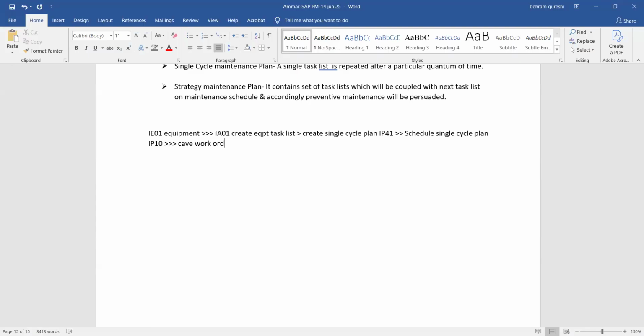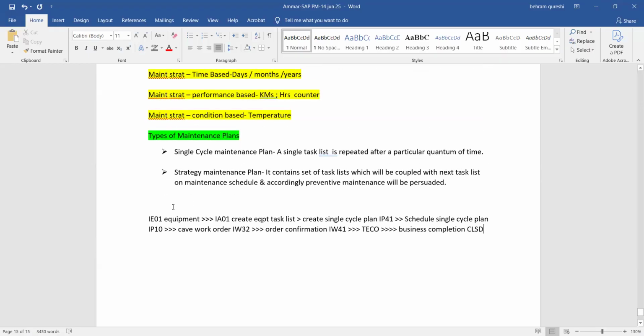That was IW32. We have gone after that to order confirmation. That is IW41. And after that, TECO. After that, business completion, CLSD, something like that, close. So how it goes along basically overall, you can say this was the single cycle plan,